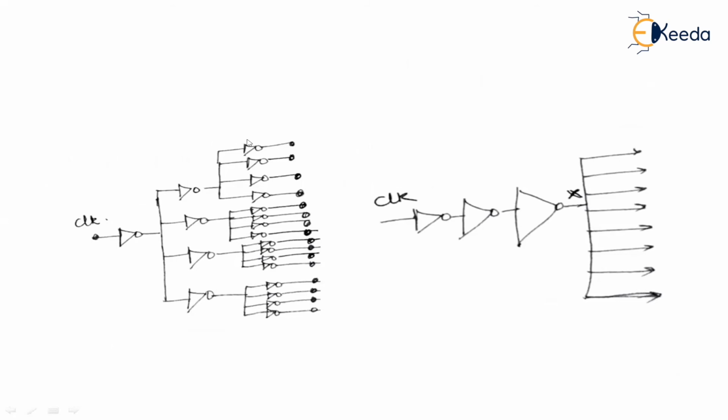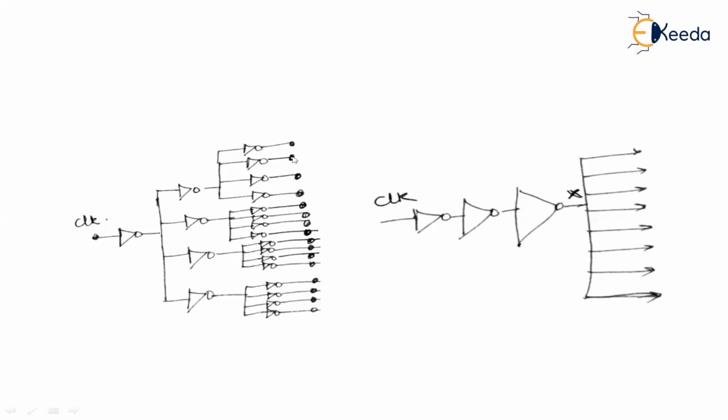And we know that interconnect delay is directly proportional to length. Now, instead of having a longer delay line or a longer interconnect, I can break my interconnect into parts. Consider this inverter. Why am I using an inverter? To increase the signal strength. We have broken the interconnect path, but we must make sure that the signal does not lose its strength. For ensuring that, I have a driver, or I can call it a buffer or an inverter, and this is in turn going to drive 4 more inverters, and again this is going to drive 4 more inverters.